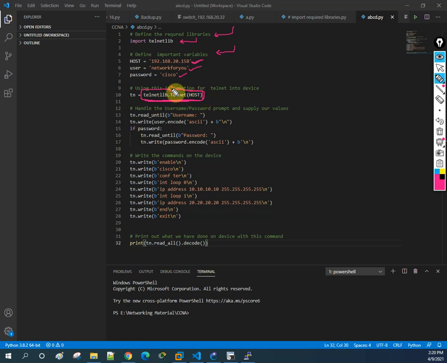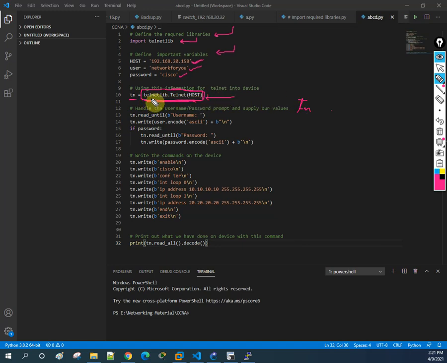So instead of writing this whole thing, I put all this value in one variable, tn. Whenever I want to use this whole thing, I will write tn.